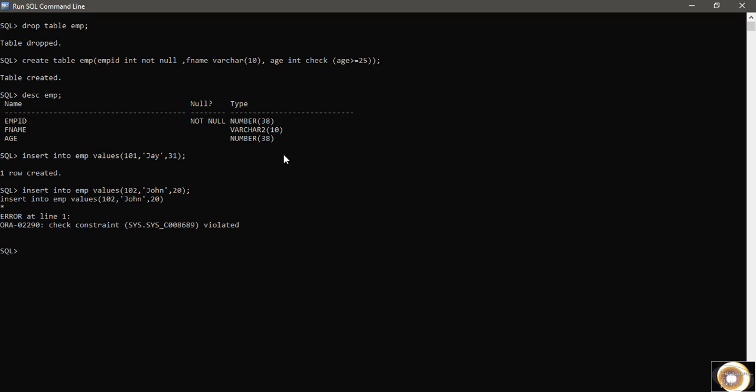And what is that constraint? Your age should be greater than 25. So in this way, in the schema of the table, that is when you are creating the structure of the table, you put some constraint that your age should be greater than equals to 25. For the age field, you have given some constraint. While inserting values here, the age field has been checked with this constraint whether it is greater than 25 or not. It is not, so it is not allowing you to insert that record. So that is the usefulness of constraints in SQL.